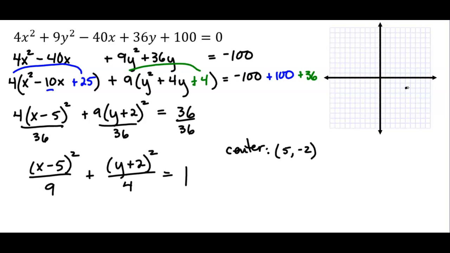And then the way I graph them, I don't go through the whole thing of figuring out from the formulas where the vertices are. I just count it out. So I know it's a pancake shape, so it's this kind of shape. And I know a is 3, because this is a squared down here, and I know b is 2. So then I'm going to know where the vertices and the co-vertices are just by counting 3 from the center to the right. 1, 2, 3. And 3 to the left. 1, 2, 3.